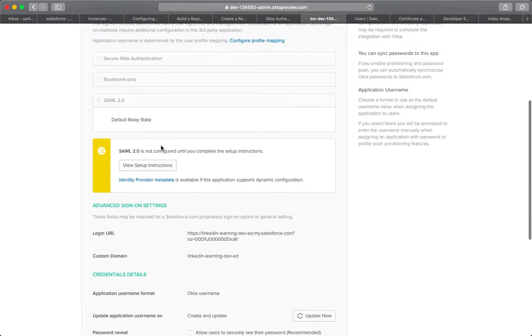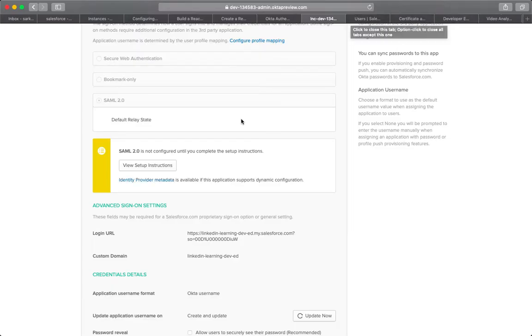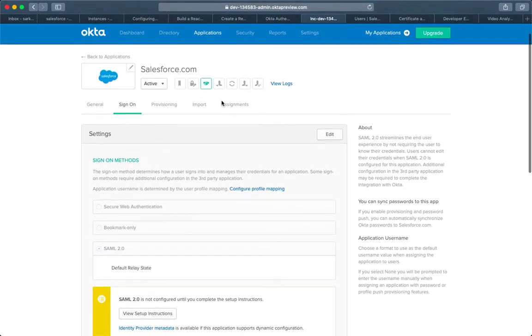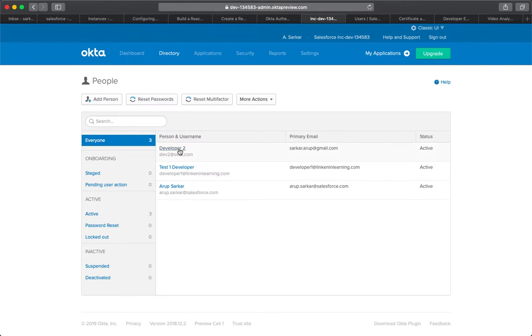What you can do is also you need to import the certificate into your single sign-on. When you set that single sign-on up in Salesforce, you can actually create the certificate from this XML file, and then you can just import it into Salesforce. It's pretty easy. From the user setup on the Okta side, I have a user called dev2, who is the user who is going to simulate logging into Okta and